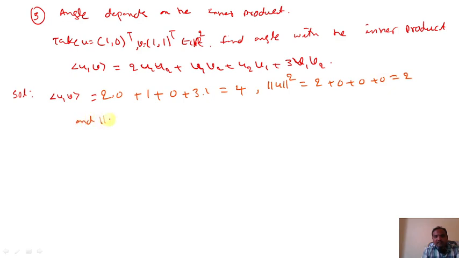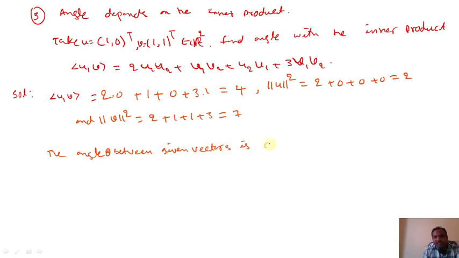And norm v square, that means 2 v1 v2, 2 v1 v2 means 2 1 plus u1 v2 is 1, u2 v1 is 1 plus 3, that means 7. Therefore cos theta, the angle theta between the given vectors